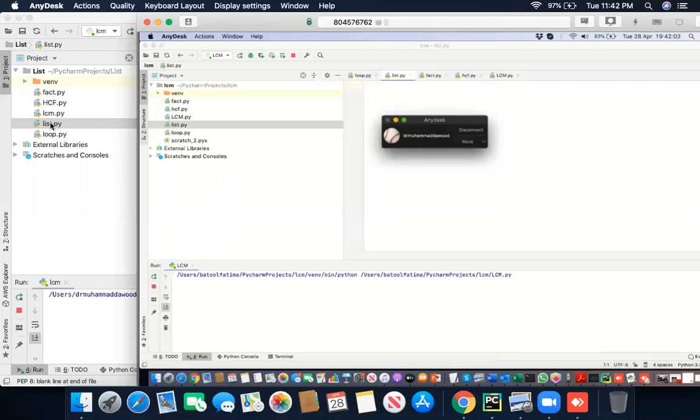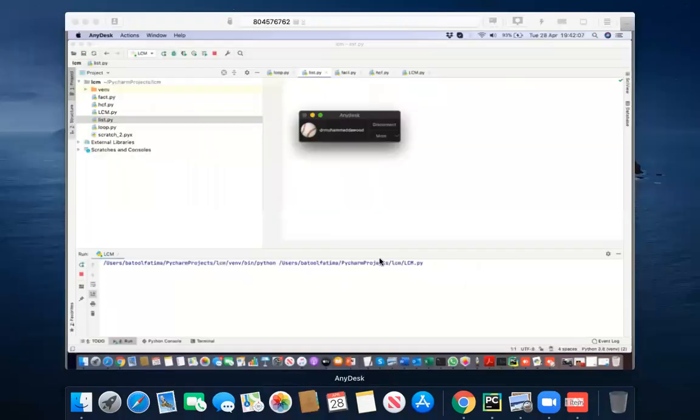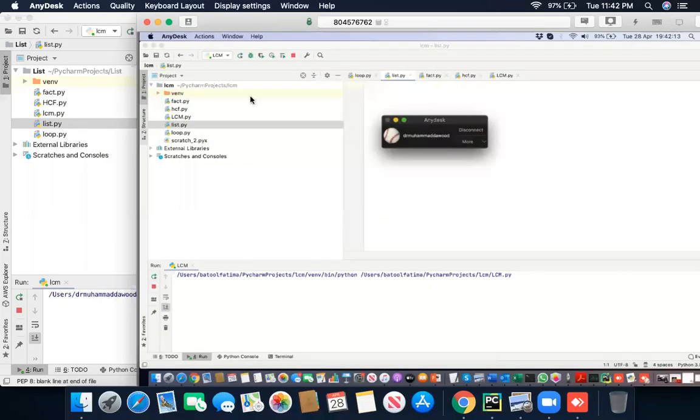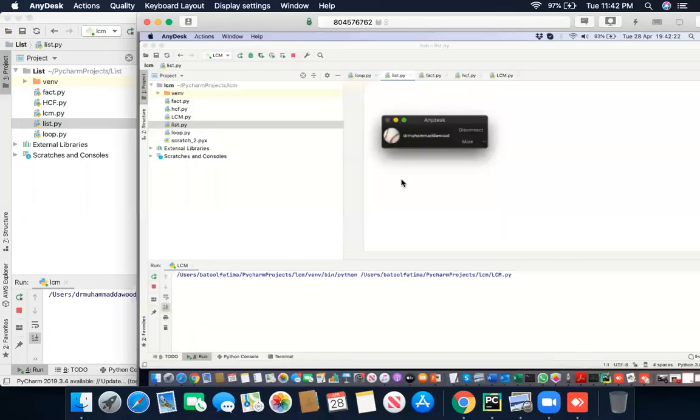So here you have a list in your system. Okay, here it goes. It will take a little bit of time, so I'm going to copy it and paste it here on your system, to see if it's working properly.